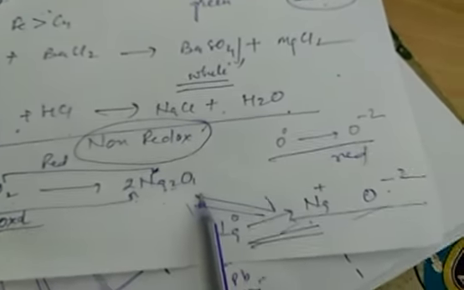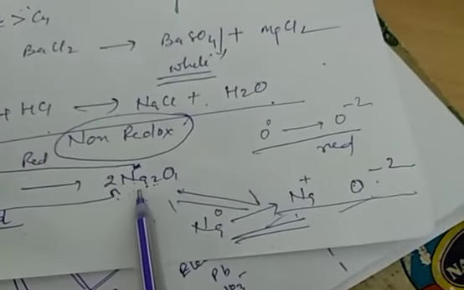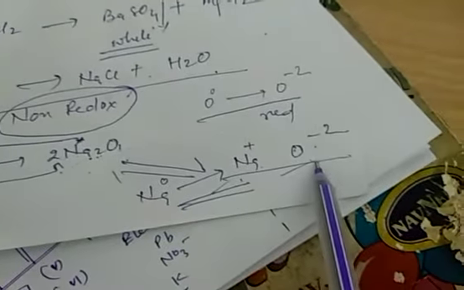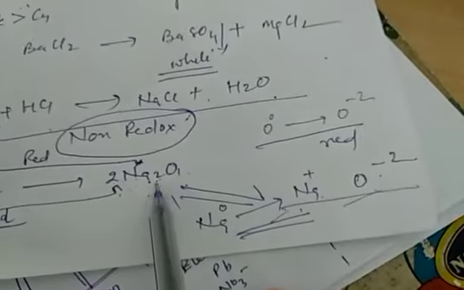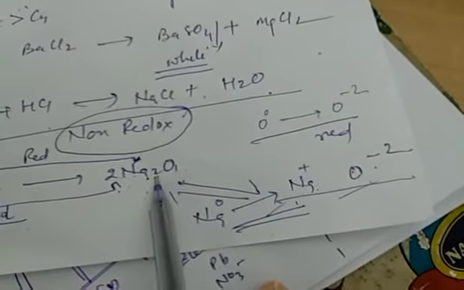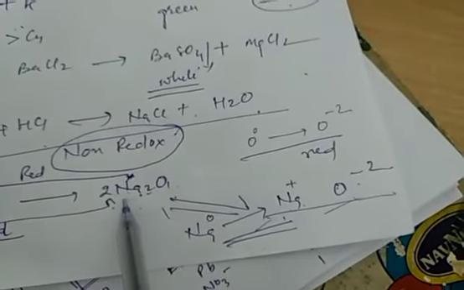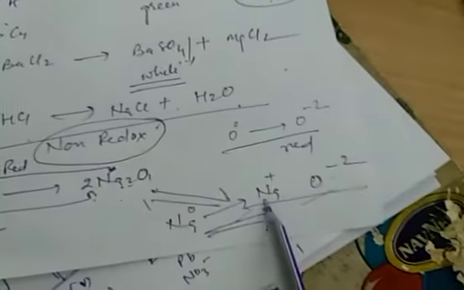According to your 9th class studies, for Na2O, you segregate it into Na and O. You know very well, left side is always plus and right side is always minus. So the number of sodium atoms is the valency of O, so this is -2, and the number of O is the valency of Na, that is plus. So Na changes into Na plus and O changes into O -2.